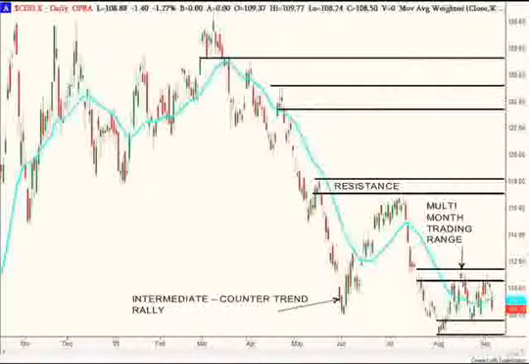This is the Canadian dollar. Once again, we had this intermediate term counter trend rally that was pretty nice. We rallied into some resistance here, and then we went sideways here for many, many months in another sideways channel starting in August. And we pretty much stayed in that channel and eventually broke out and made new lows. But during this entire period, if we can identify these areas where prices have turned in the past as support and resistance, which we'll talk about in a little bit here, this is the opportunity for us to identify these potential trading ranges and then devise strategies for how to take advantage of this.